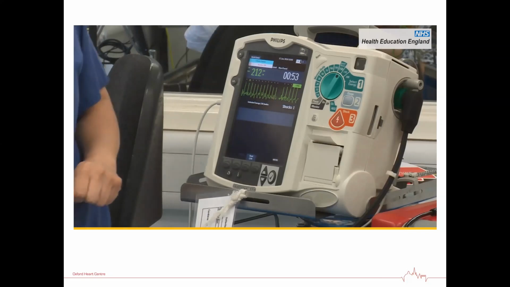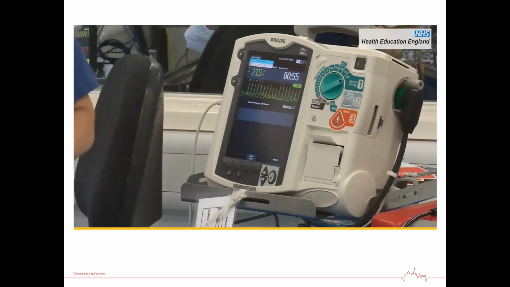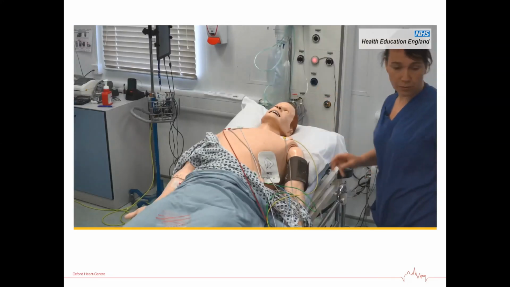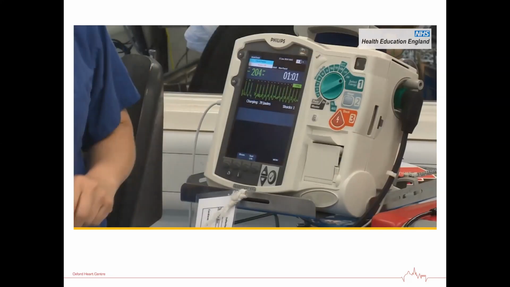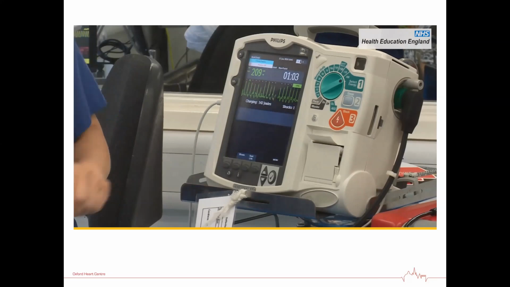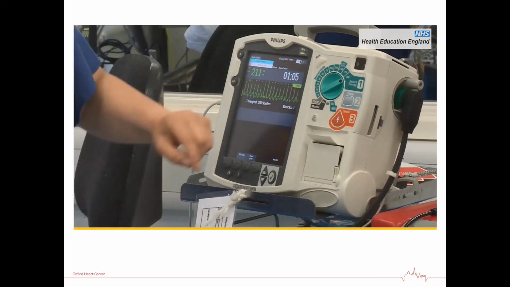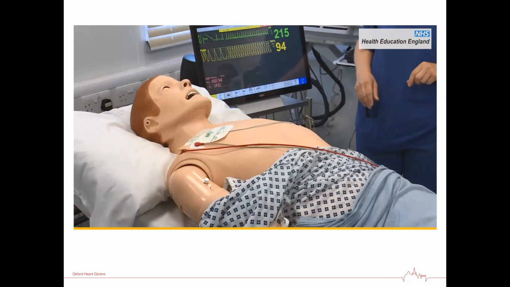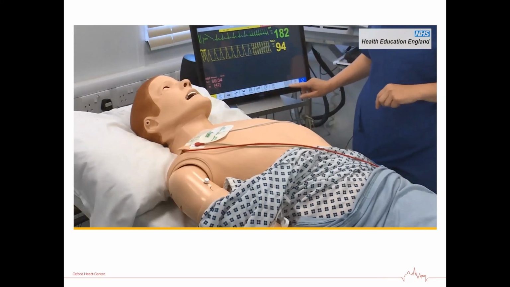Okay, let's escalate to 200 joules. Okay, and again, I'm going to leave you in charge. Okay, so oxygen's away, we're set at 200, charging at 200. Now let's charge at 200, shocking, stand clear. That looks more promising. Let's have a look. QRS, rate is